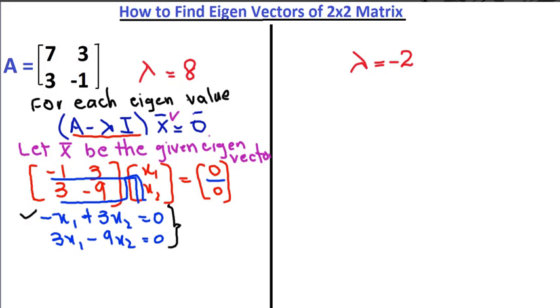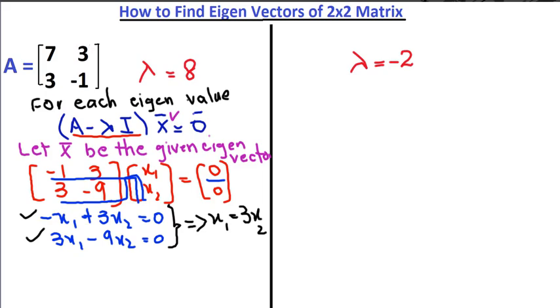If I solve this one, I will get the same equation, x1 equals 3x2. And similarly, if I solve this one, I'll get the same equation. So I'll write it once as x1 equals 3 times x2. So this is the equation. So to solve it,